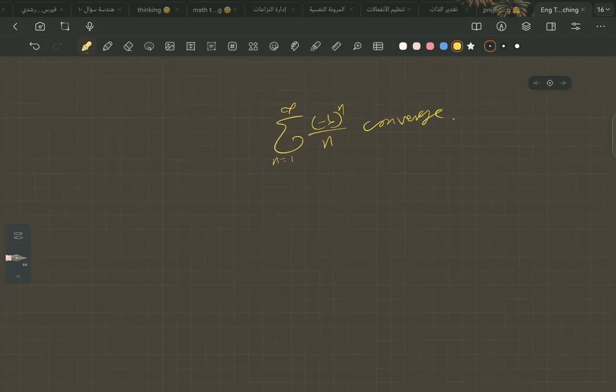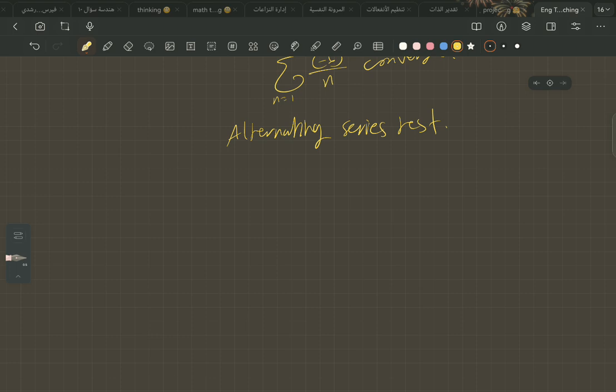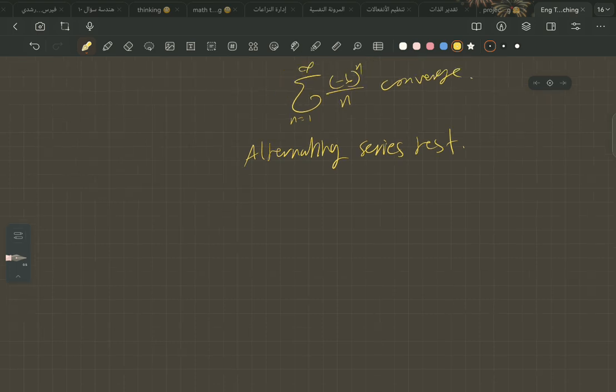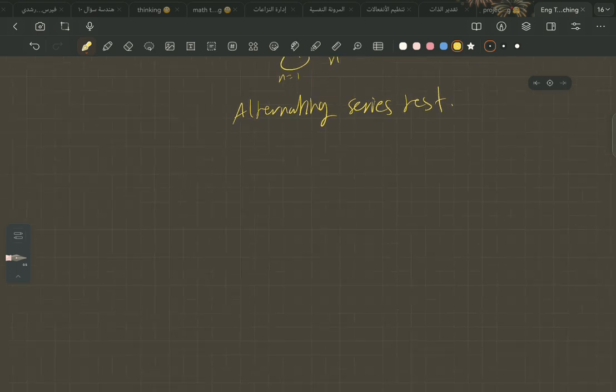Now, to solve this problem, we want to use the alternating series test. What is the alternating series test? Let's recall it, or remind ourselves just a little bit. If you have a series like this, (-1)^n times b sub n, with